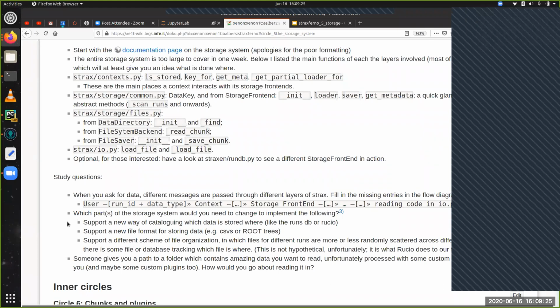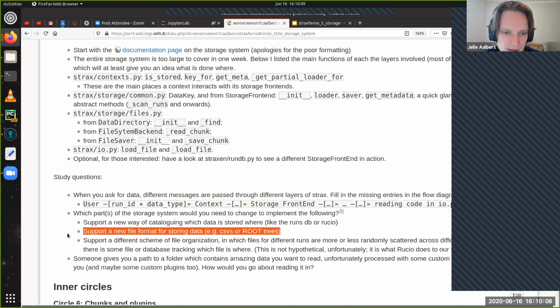That's a new storage front end, right? Exactly. So it's a new storage front end. But you might not be done then. If the Rucio catalog stores actual file locations, and that would be in the ordinary format, then you'd be done. However, Rucio stores things that are mostly on different hosts, and even if they are on the same host, they're stored in some other file format. Rather, the file format's the same, but the files are ordered in a funny way. So probably there's more work involved. But at least if you support a new catalog, exactly, you want to do a front end.